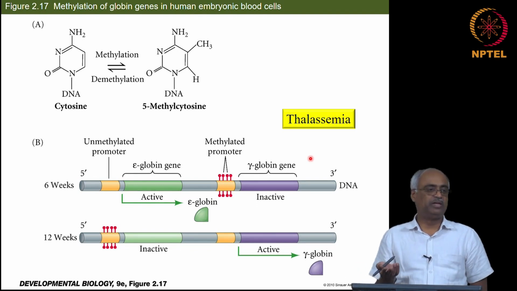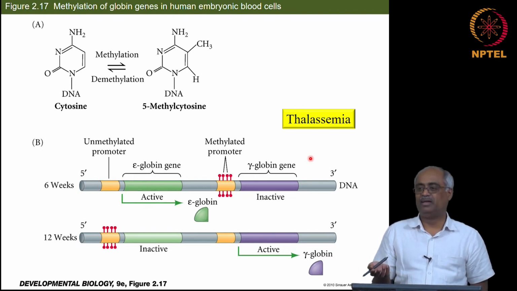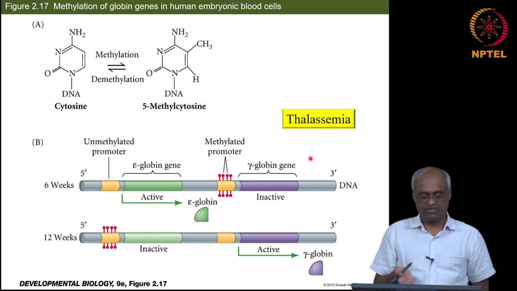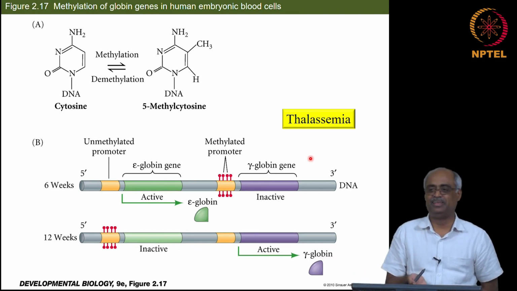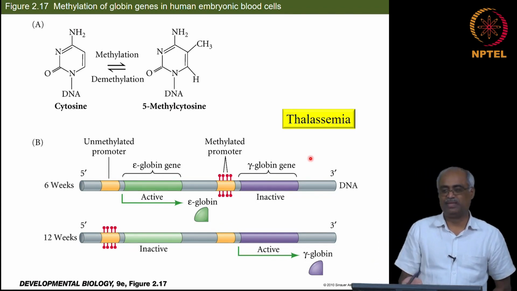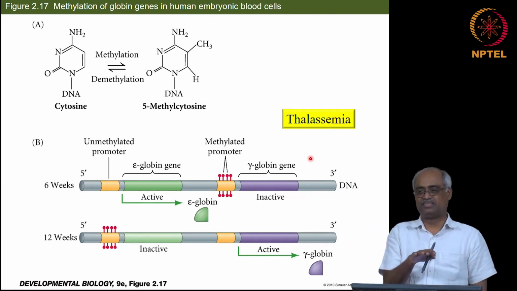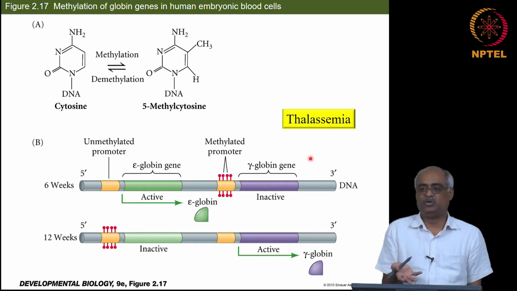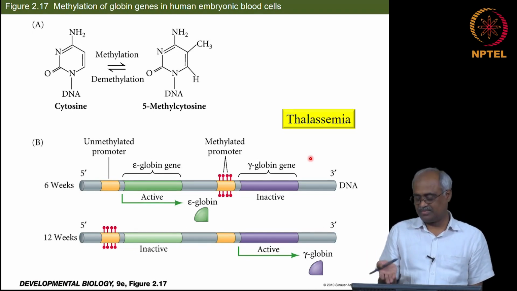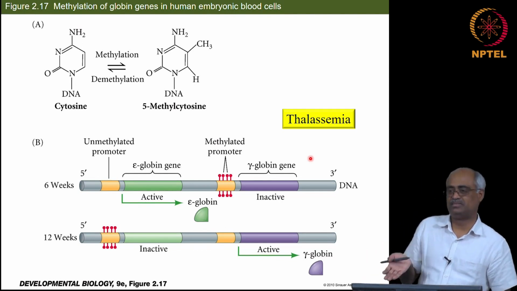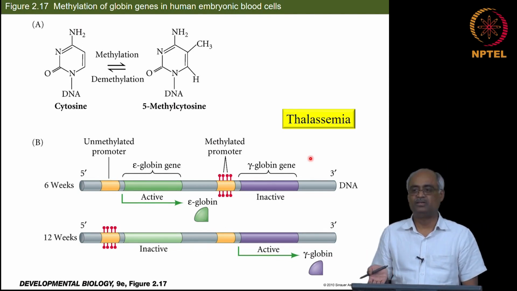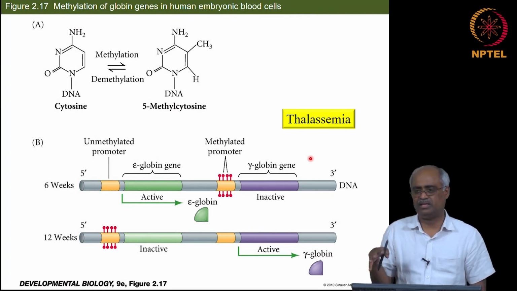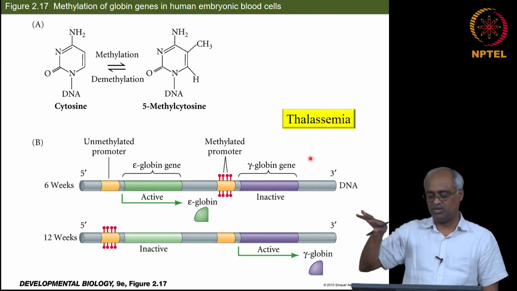Let us say you have a mutation in beta globin, and now you do not have a functional globin protein produced, although you have perfectly good copies of the gene in the chromosome, but unfortunately they are methylated. So, the methylation program has not been affected, they are methylated, but the gene is not expressed although you have a wild type copy, and that is how you get beta thalassemia when it is the beta globin gene that is involved. This is a very well characterized congenital disease in India, particularly in some pockets bordering Andhra and